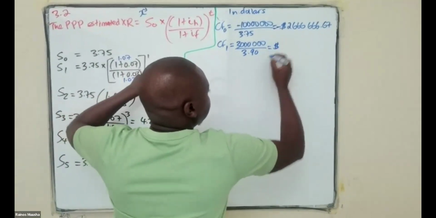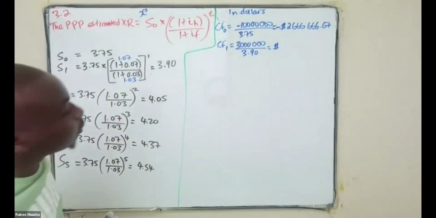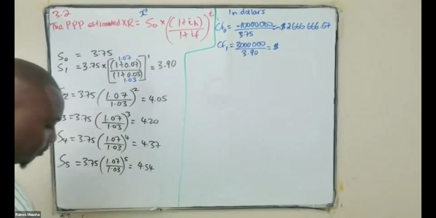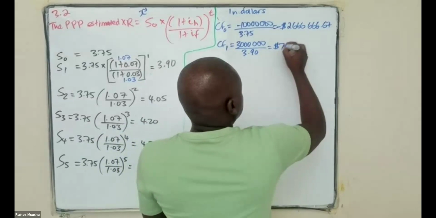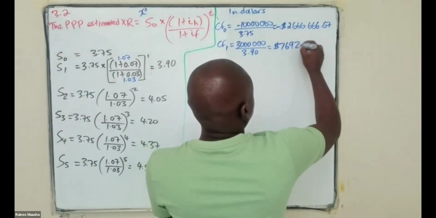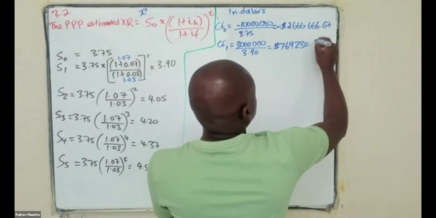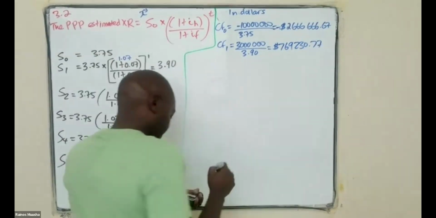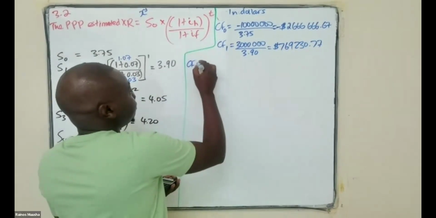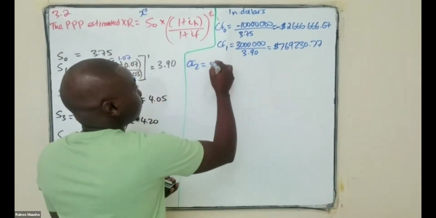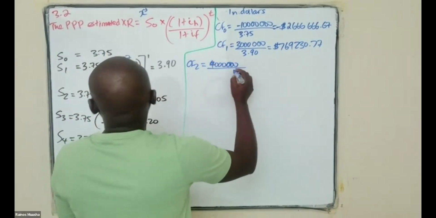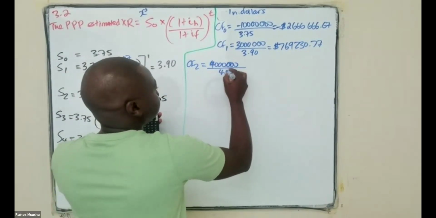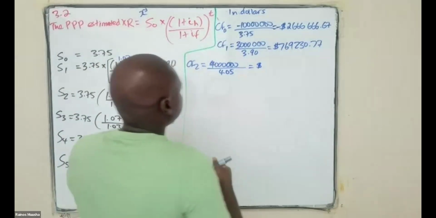If you do the calculation there, you must be able to get a figure of 769,230.77. Then your cash flow for period 2 would be 4 million divided by the exchange rate of 4.05. And you get